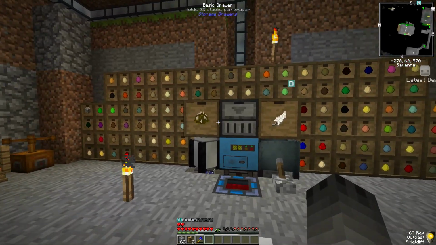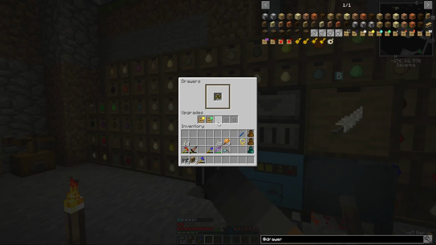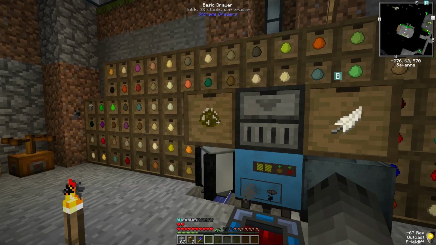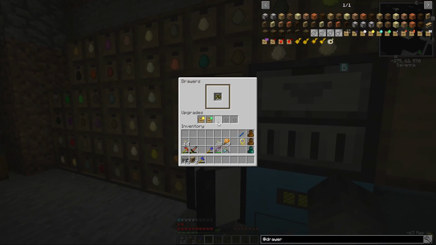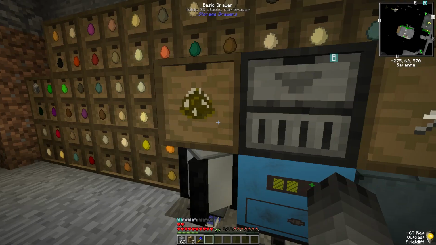Fantastic. Wow. This is gonna be so good. We have free power here because of the chicken manure. Let's see, is this going in here? I don't know if it's updating real time. We also installed storage upgrades here so that